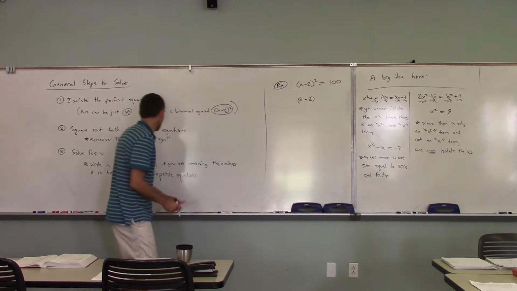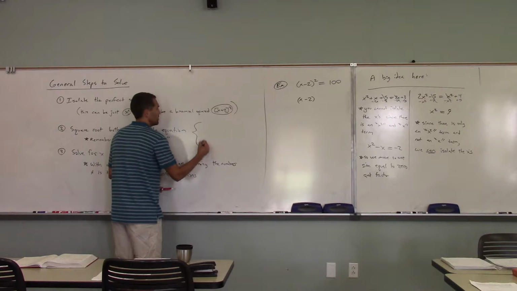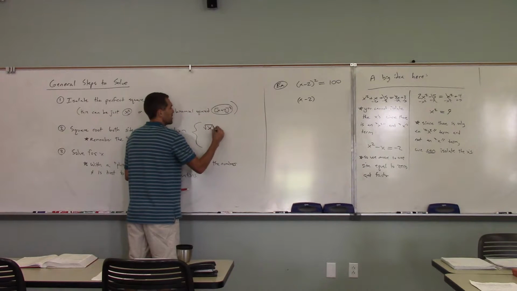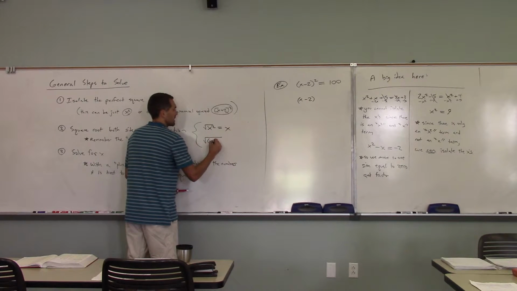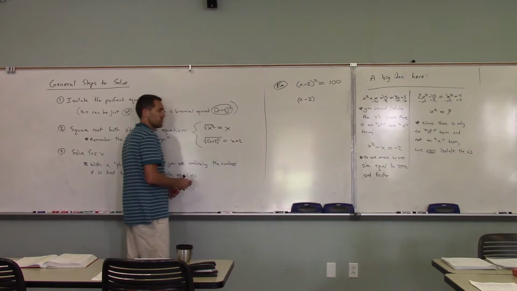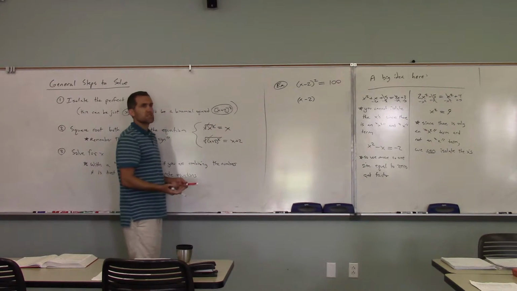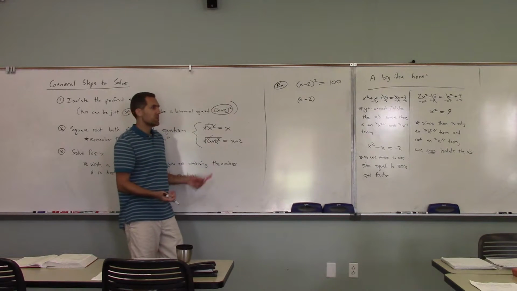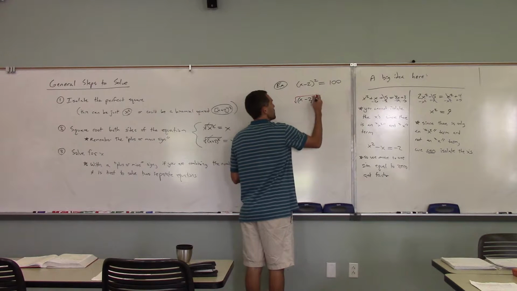Oh, and I wanted to add one little thing. Take the square root of both sides here. Square root of x squared is x. Square root of x plus 2 squared is just x plus 2, because the square root and the squared cancel out. That's why we take the square root, right? I just wanted to make sure you guys are fully comfortable with that. But we take the square root here,